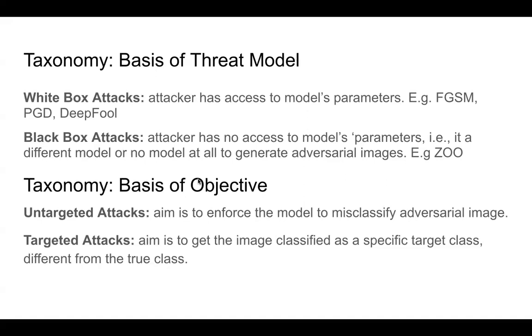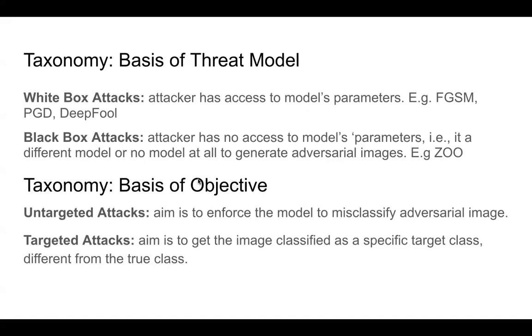first, what's the white box attack? So you have a target model, right? If you have access to the model's parameters, if you have access to the data distribution of the training data with which it was trained, if you know the parameters of the model, which is very rarely the case, then that is called a white box attack. You know everything about the target. The examples of these attacks are FGSM, PGD, and DeepFool.